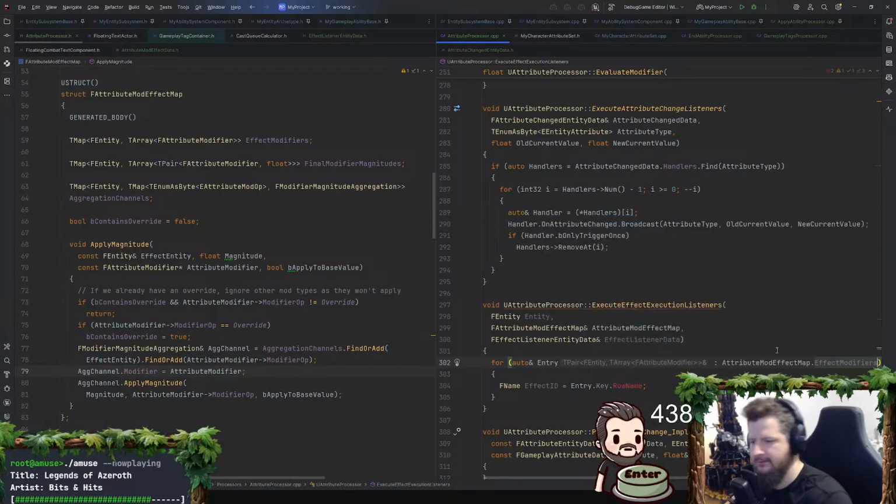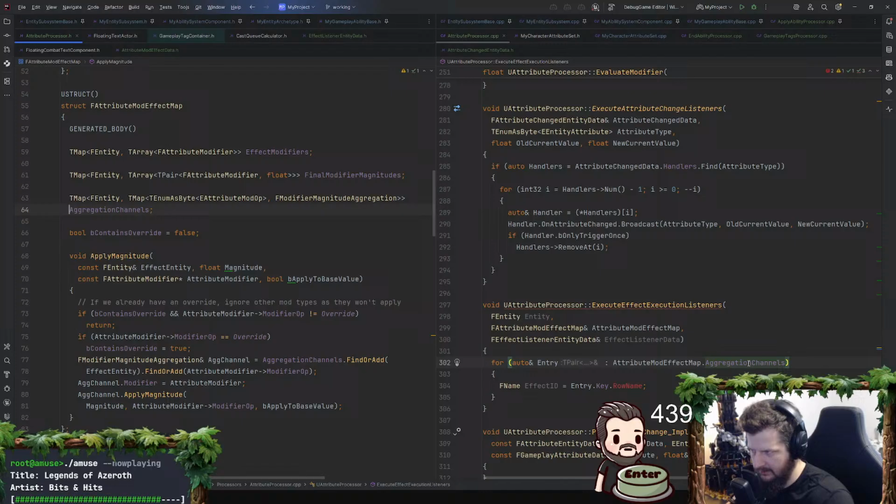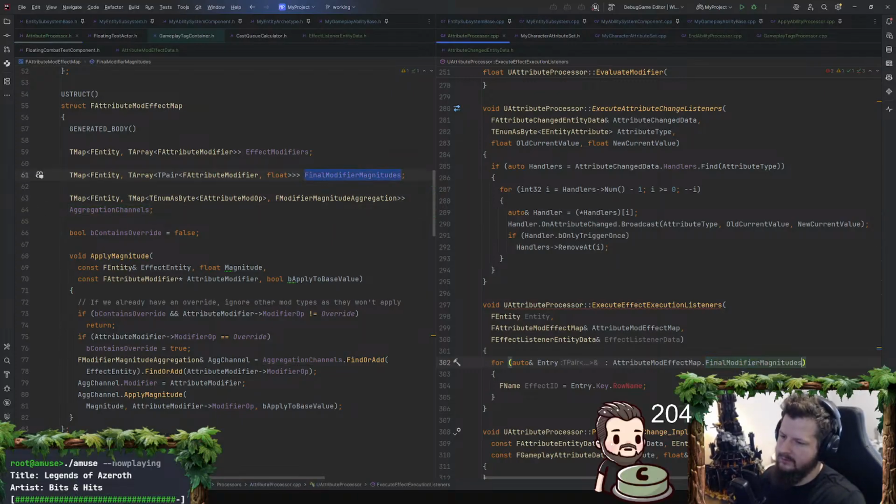What would this look like? It would look like a schizophrenic episode, I think. We want the ag channels. Give me the ag channels. And then I think I just do the... Actually, let's iterate over final modifier magnitudes here.